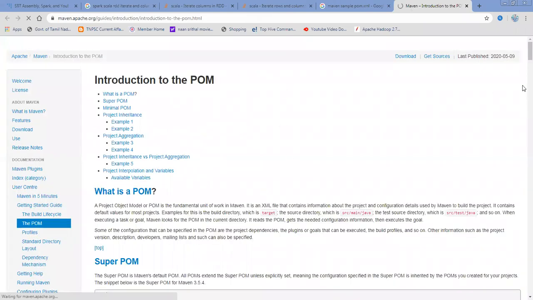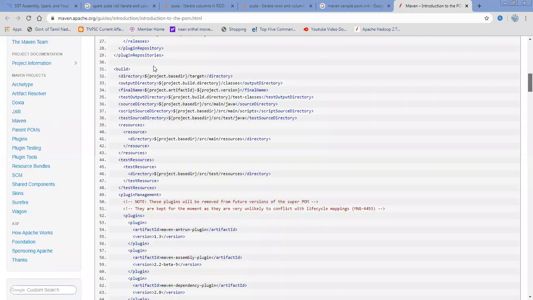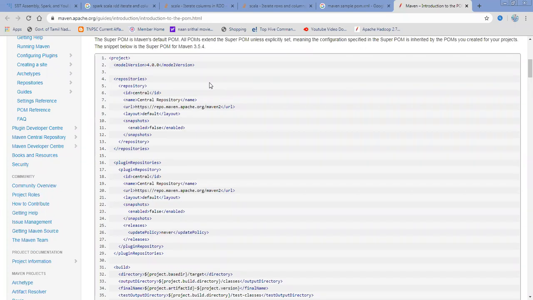This is the way you want to add your dependency, and that dependency should be in XML format. So the Maven repository has the pom.xml, and the SBT repository has the build.sbt. The build.sbt is nothing but a kind of script, a kind of code, line by line, and Maven's pom.xml will have the XML files.